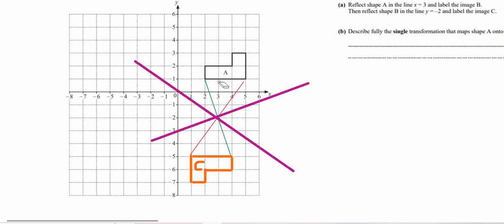So let's connect the corresponding points. This corresponds to this, we connect, and another point is this one corresponding to this one. After that, there is a red line and a green line. We divide the red line into 2 equal parts and draw a perpendicular line. So this is the perpendicular bisector of the red line, and this is the perpendicular bisector of the green line. The meeting point is here. That is the center of rotation, that is (3, -2),